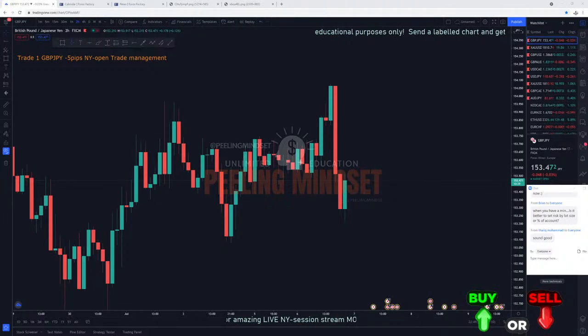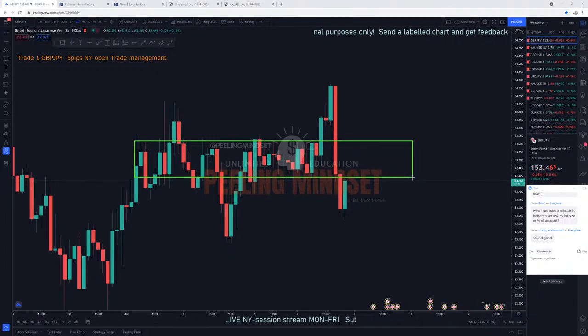If this was a hardcore range that the price broke out of, this was the first candle that broke out of the range in the most recent price action. After this candle broke below the range, the next candle is coming back into the range. If this is a potential fake out in pound yen,